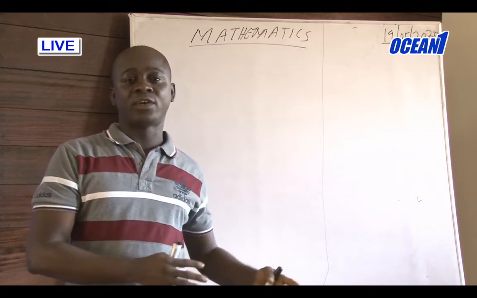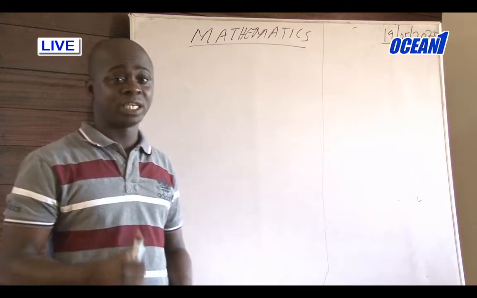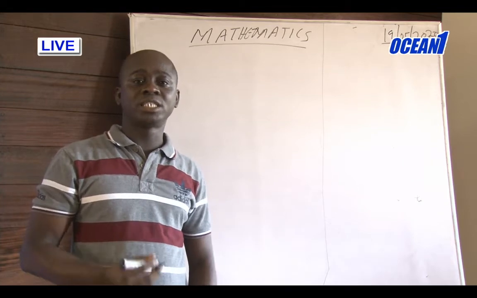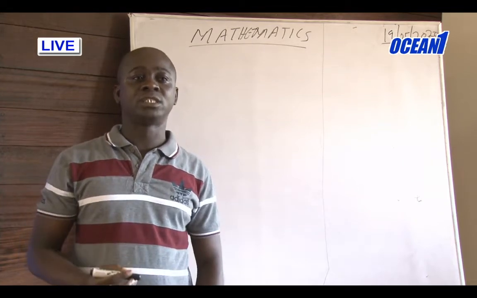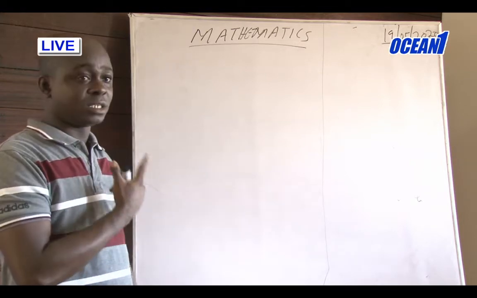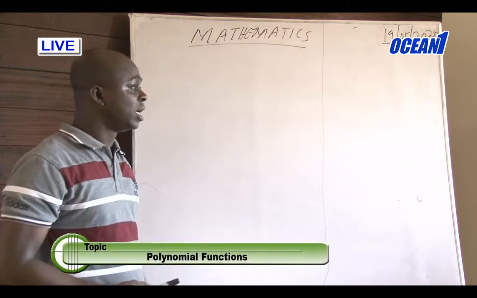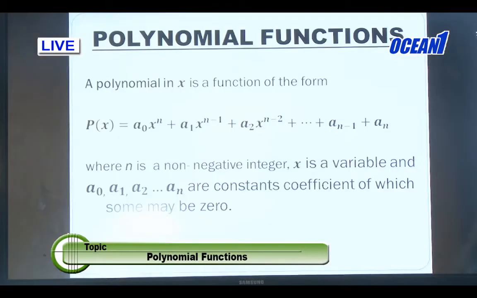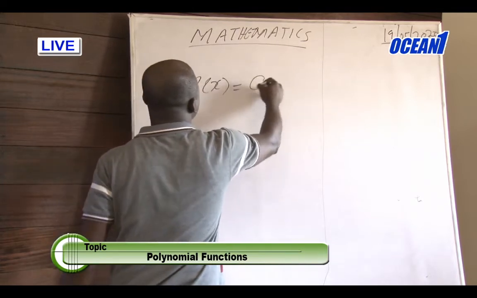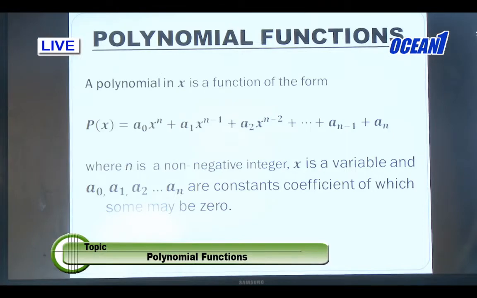So far, we've discussed functions where we define a function as an ordered pair in which no two second elements have the same first element. In this discussion, we're discussing a special type of function referred to as a polynomial function. As can be seen on the screen, a polynomial function is a function of the form p(x) equals a_n x^n, in the contracted form, or in the standard form as we have over there,